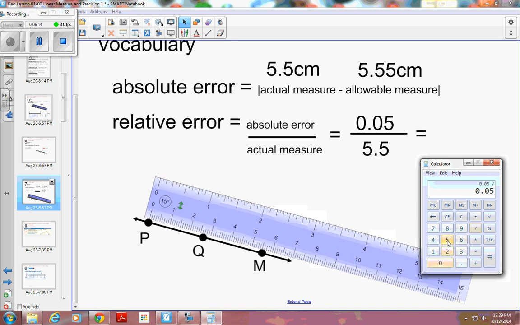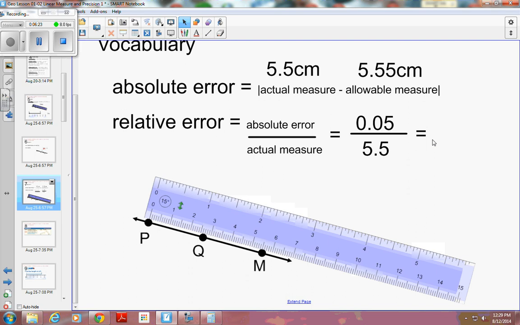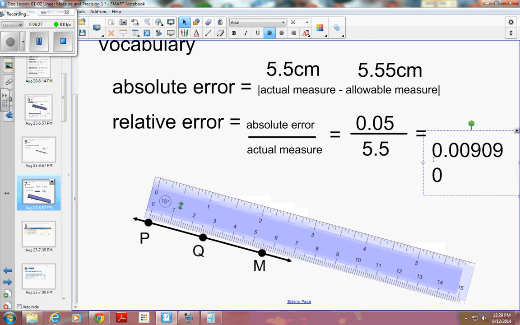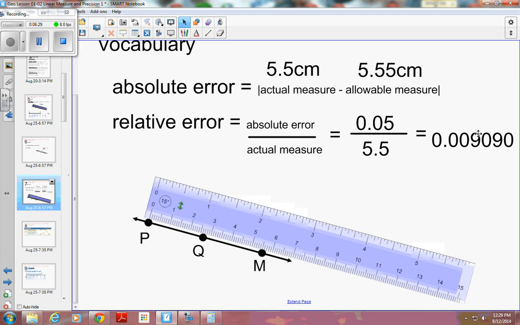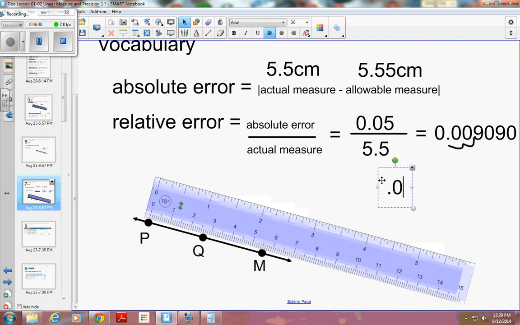And I'm going to divide by 5.5, and that's going to be equal to 0.00909090. Okay, so 0.009090. And we're going to take this and make this a percent, so I move my decimal 2 places, 1, 2, so I end up with 0.1%